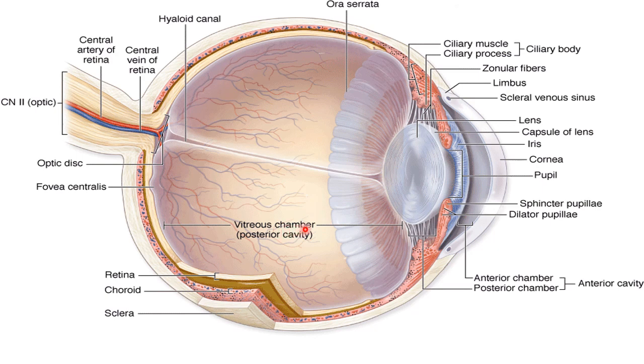There is the posterior cavity, which is known as the vitreous chamber. This is present behind the lens, and it has the vitreous humor, a gel-like component present in this posterior cavity. So you must remember that the anterior chamber is present between the cornea and iris, and the posterior chamber is present behind the iris, in between the ciliary body and the zonular ligaments. This has aqueous humor, and the vitreous chamber has the vitreous humor.